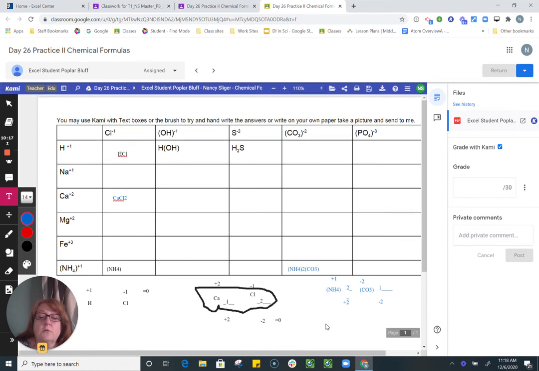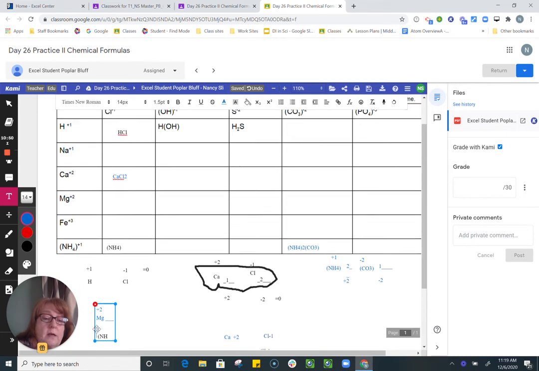So we're going to do Mg3(PO4)2. So Mg is a +2. And I'll put my line right there. And PO4 is a -3. So the smallest number that 3 and 2 will both go into is a 6, okay? You can multiply them together and see if that's the smallest number they will go into. So instead of having to make all these text boxes up, I'm going to go and drop down and do a